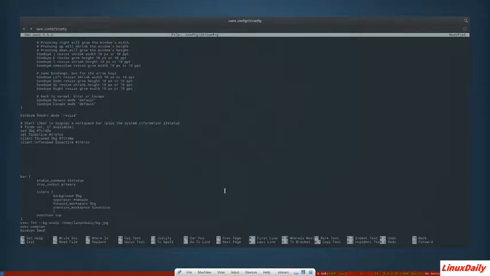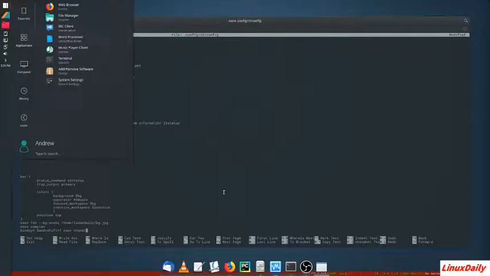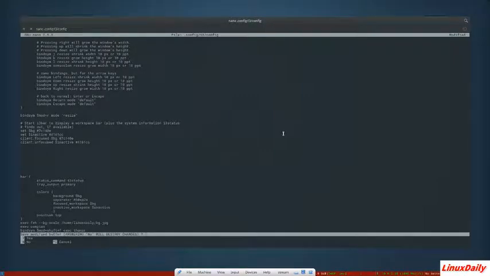So let's go here and then mod plus shift plus and then F. We're gonna want that to execute and then Thunar. So when we control X, and then yes,